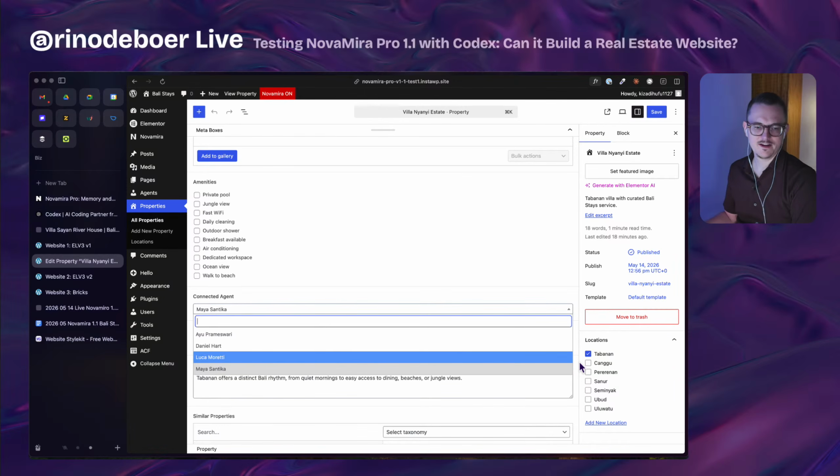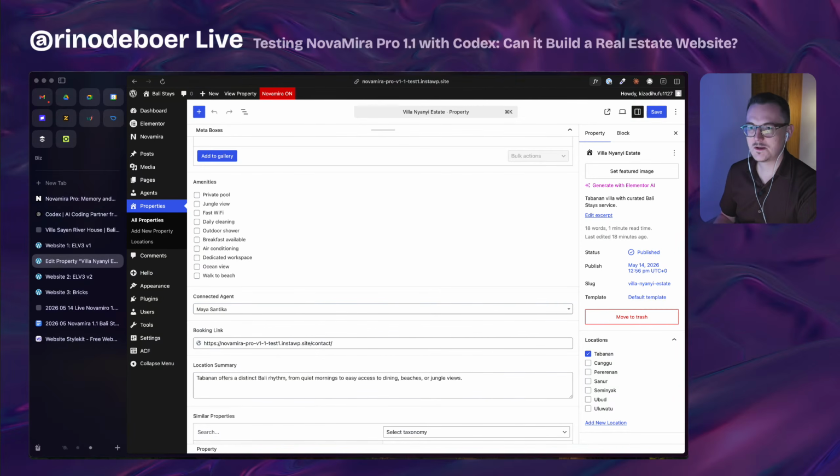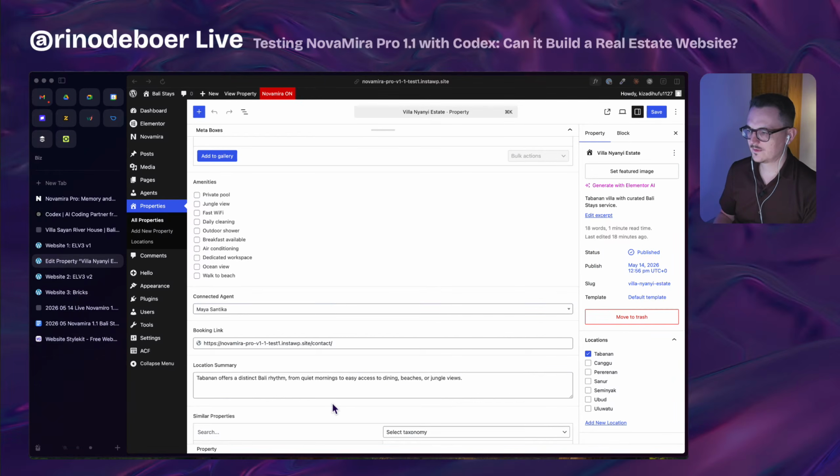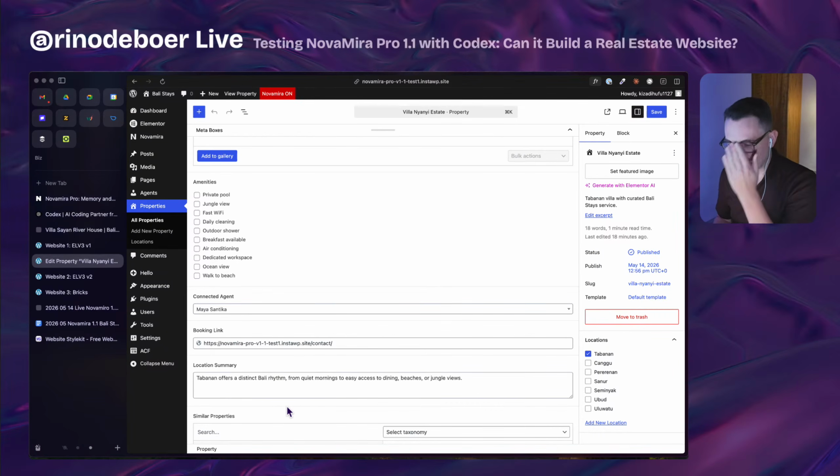So I'm learning something about ACF. This is cool. I mean, not that I know everything about ACF, but wow, incredible. If you use Bricks, you can easily get complex bidirectional relationships with ACF for your agent properties and output those relationships. Really, really cool. Okay, I'm going to give it a little bit of feedback and then we're going to check